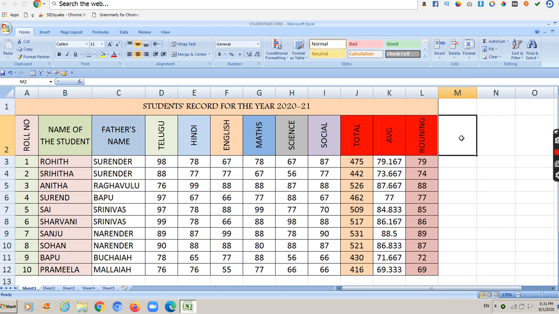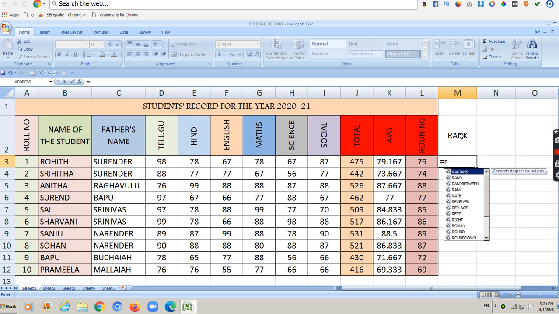OK. So here I am giving the rank. How are we going to give the rank, you see. For that, RANK of the mark in the class. Let us say first roll number, 79 marks, which rank does he hold? For that purpose, let us take that number here, comma.